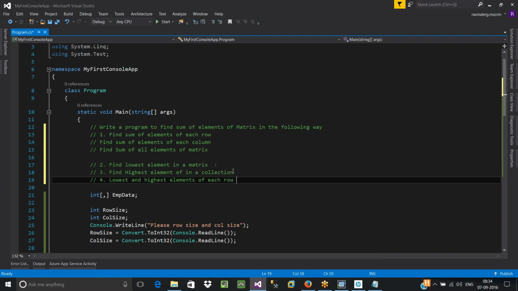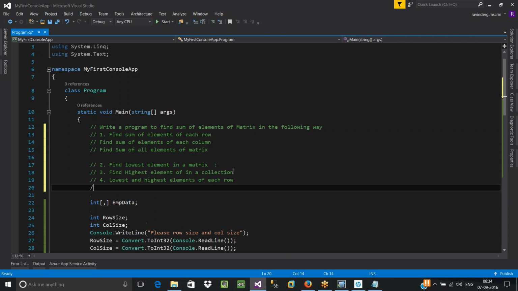This is at row level. In each row, what is the lowest element and what is the highest element? In the same way, find out the lowest and highest element in each column. Right?